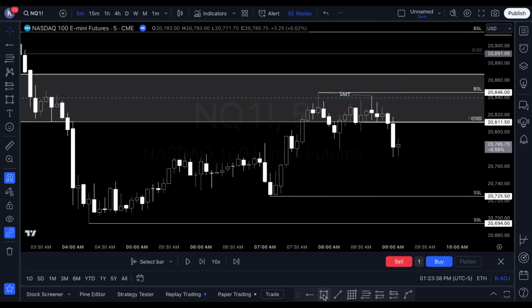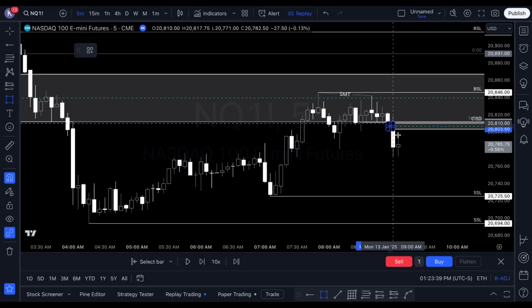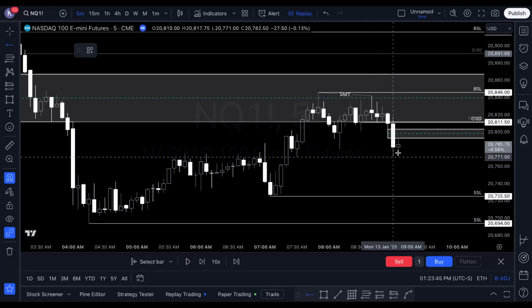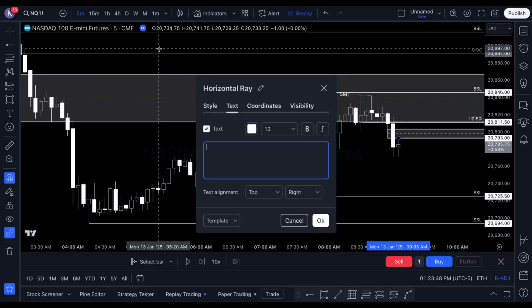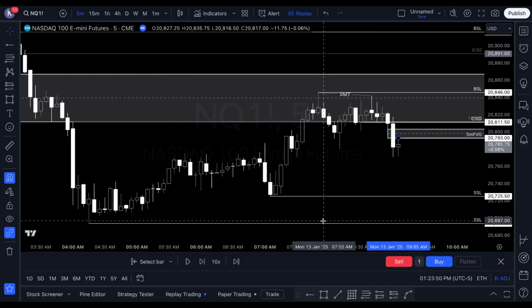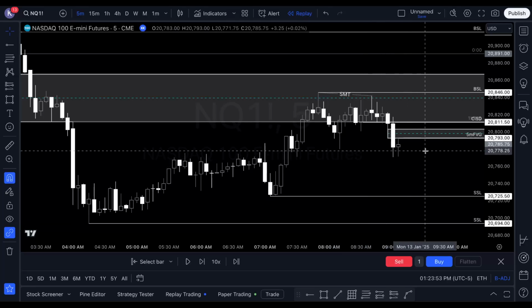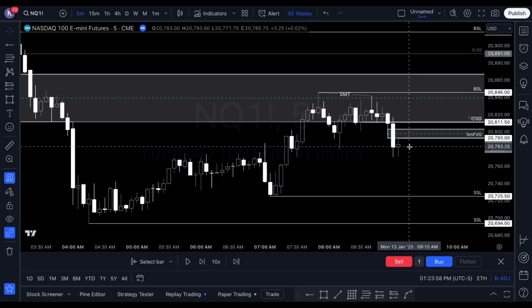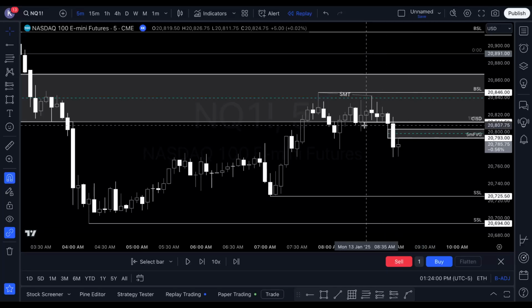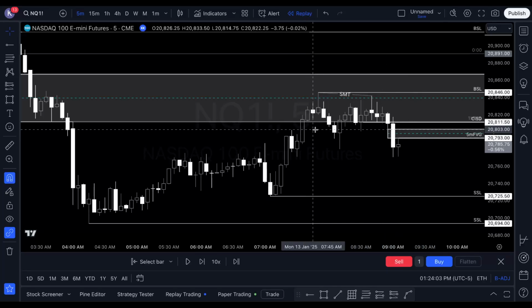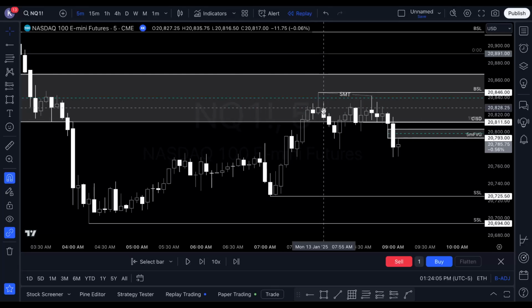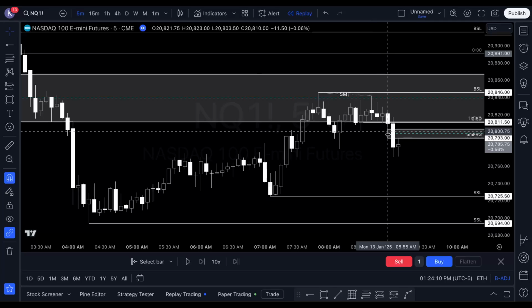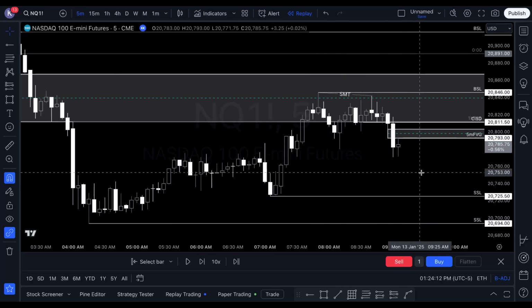We have our 5-minute fair value gap open up right here before market open. So we can mark this out. I usually don't mark up my chart like this, but I'm just marking it up to show you guys this is the stuff that I'm looking for. So now that we have our 5-minute fair value gap, after the change in the state of delivery, after the 5-minute inversion fair value gap, after we tapped into a higher time frame PD array where there's an SMT, a crack in correlation showing that price may be ready to turn over and go towards these sell side liquidities,